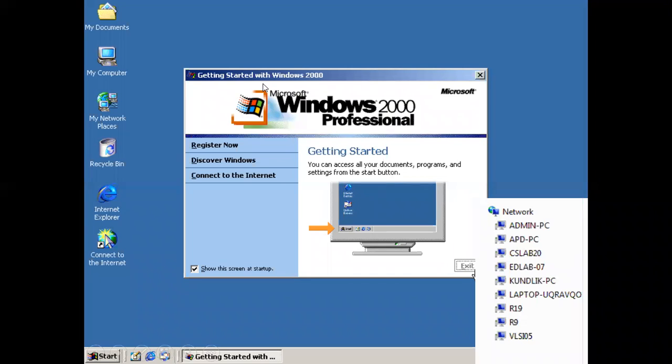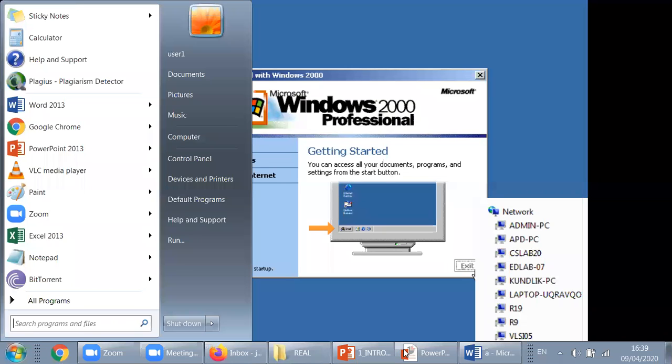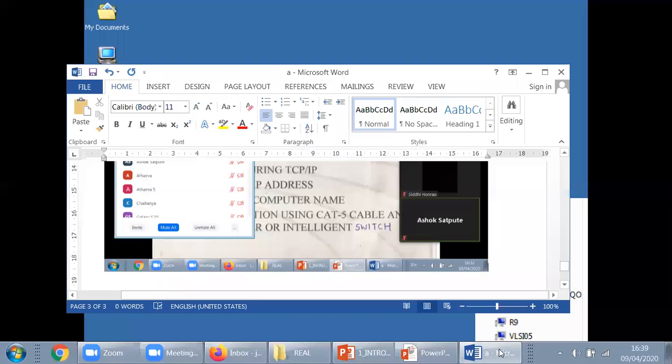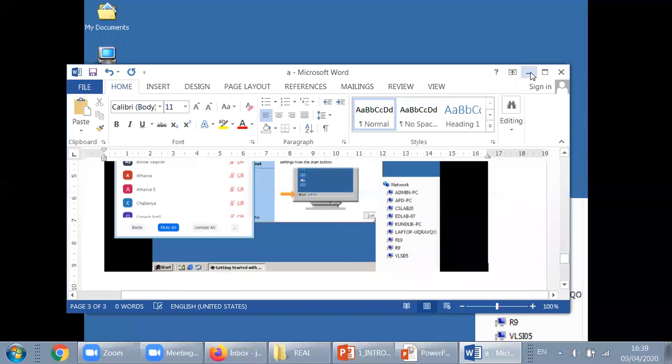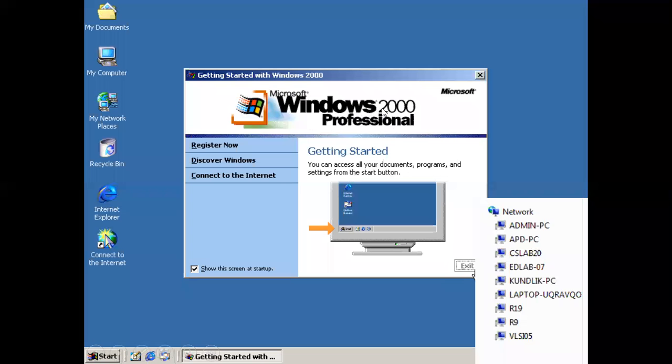Let us say the Windows 2000 operating system. In this Windows 2000, this is the icon, My Network Places.